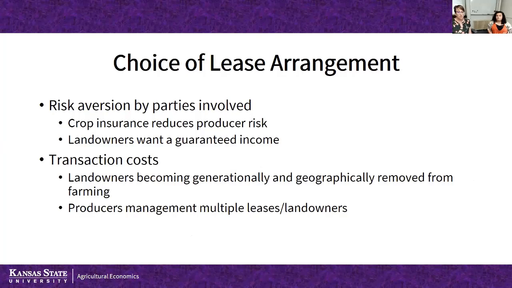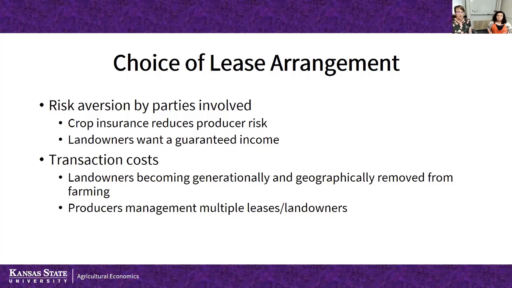So risk aversion is definitely an issue. You can pick which side of the lease that you're looking at and whose risk aversion you're talking about. For farmers, crop insurance has reduced some of the production risk, and so that has allowed them to maybe take on more fixed cash leases than they would have otherwise. But landowners, of course, some of them very much want guaranteed income, especially if they're retired and this is part of their fixed income in their later years. Well, their risk aversion would be that they wouldn't want the ups and downs from a crop share arrangement. So you can see them pushing towards different